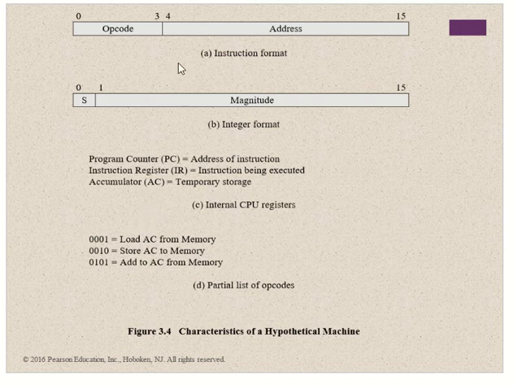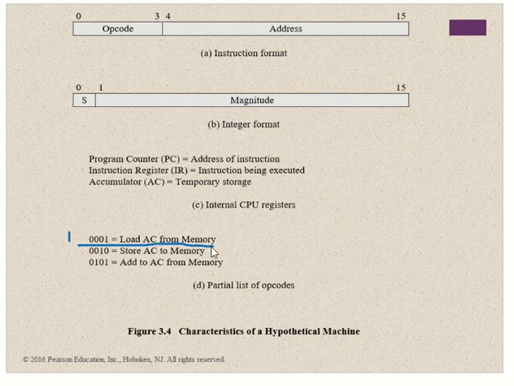Let's assume one simple example. Let's remember these opcodes. The opcode 0001, which is 1, means load AC from memory.